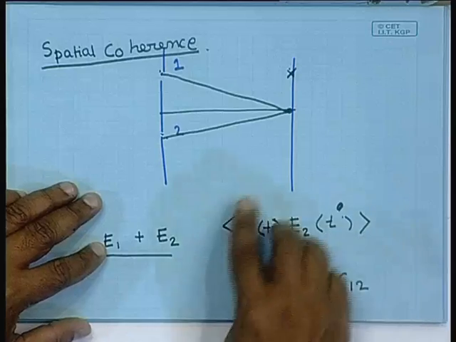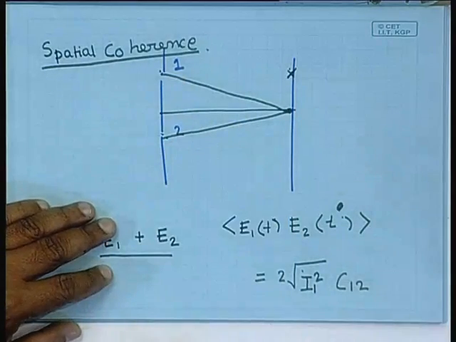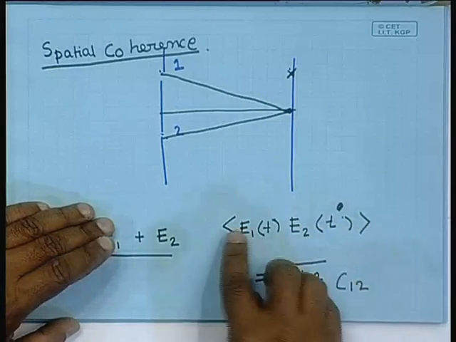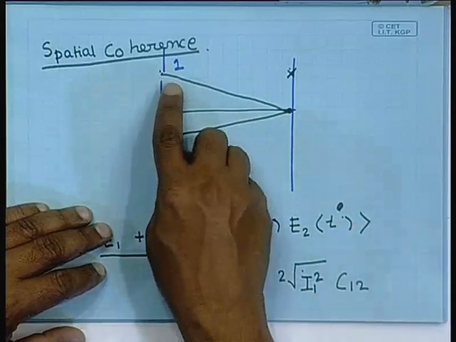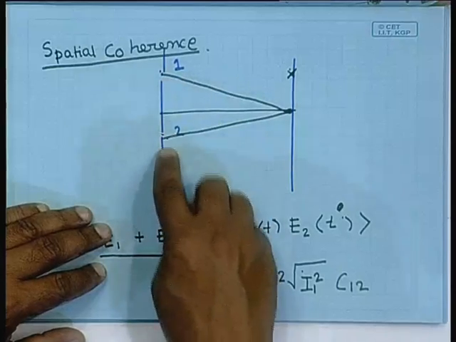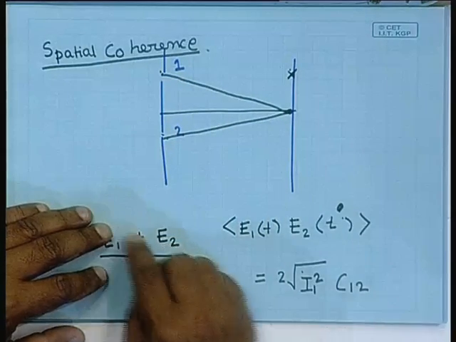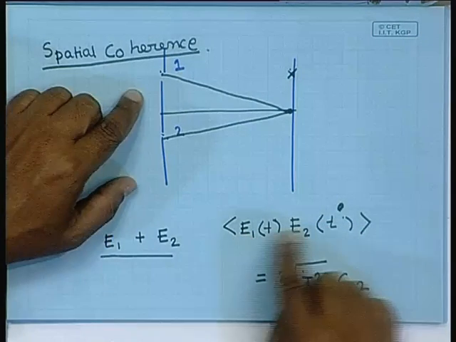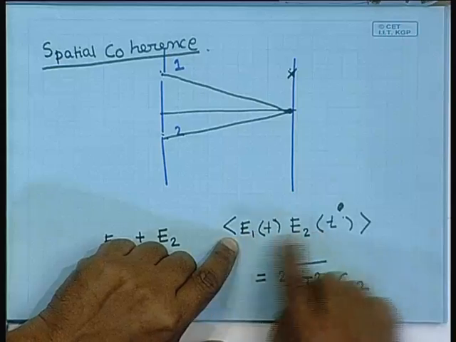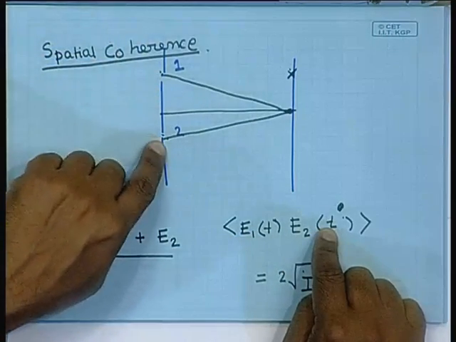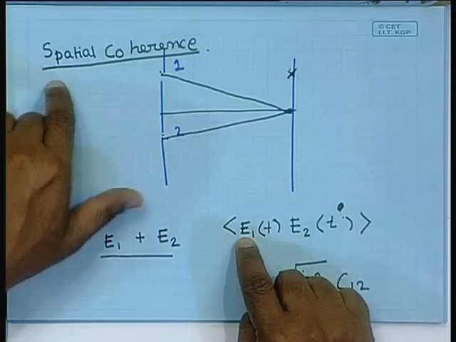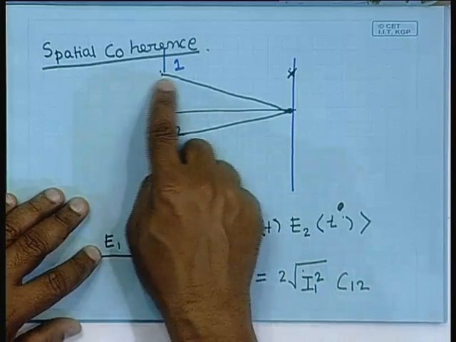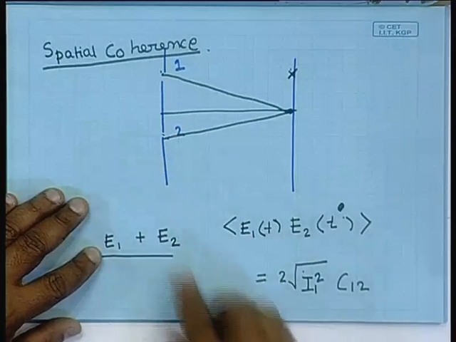In addition to this term, you will also have the intensity from this and the intensity from this. But the term responsible for interference at the point at the center is this, which we call the spatial coherence of the wave. If you take the wave at these two different points at the same time, the time average of that is coherence, and since these two waves are basically the same wave measured at two different points, we refer to this as spatial coherence. So it is the coherence between the oscillations in the wave at two different points, spatial coherence.